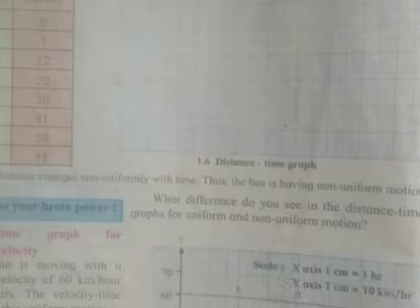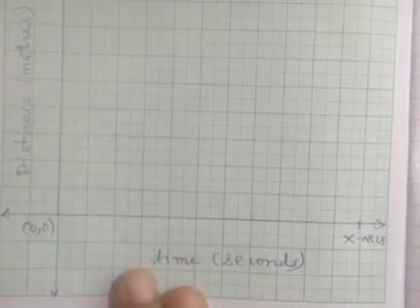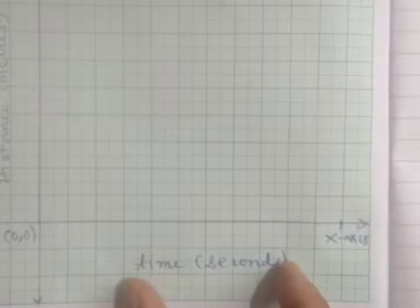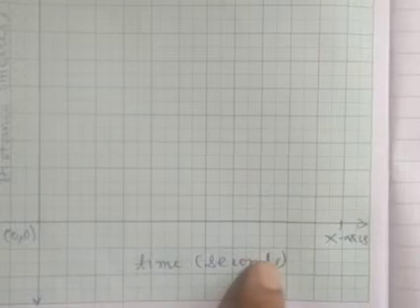Okay, how to plot the graph, that we will see now. Here again what you have to do is that you have to take the scale, you have to draw the x-axis and the y-axis, and then you have to find out whether it is a straight line or not a straight line. Let's see what type of a graph it is. So for plotting the graph, first you need to write like this every time whenever you are drawing a graph. Time on the x-axis, time in seconds along with the unit. 0 means origin on both the sides. And distance in meters.